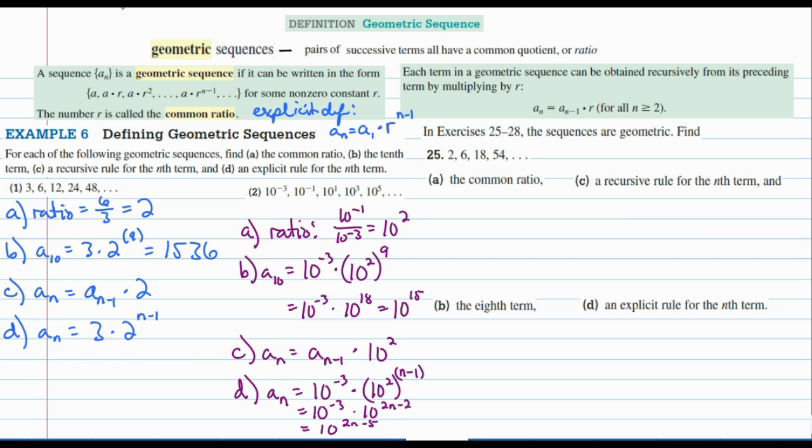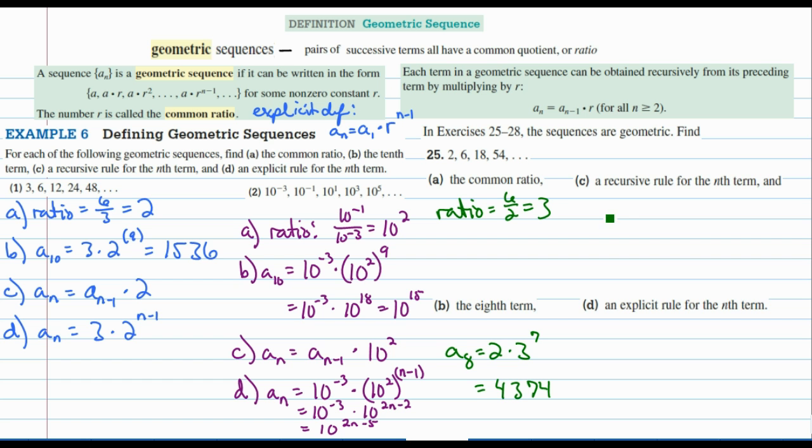Now try problem number 25, which asks for the same directions as the example. The common ratio in this geometric sequence is 3. The 8th term that it asks for in this case would be the first term times 3 to the 7th power,